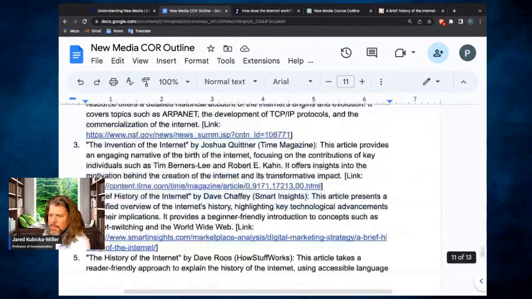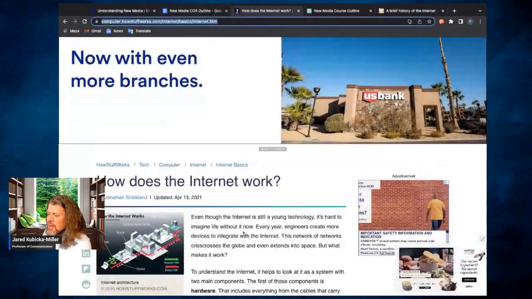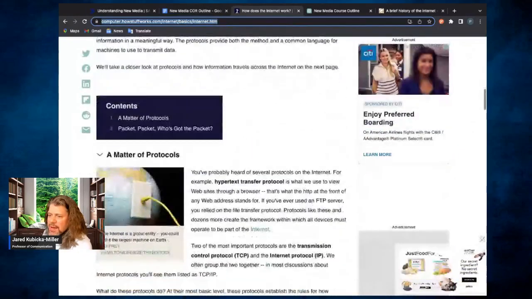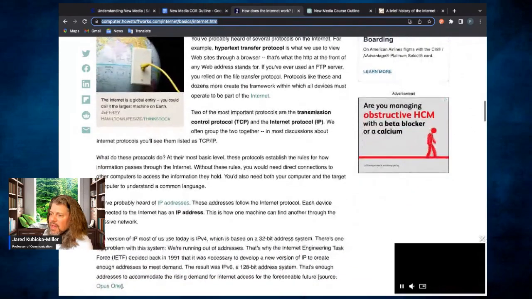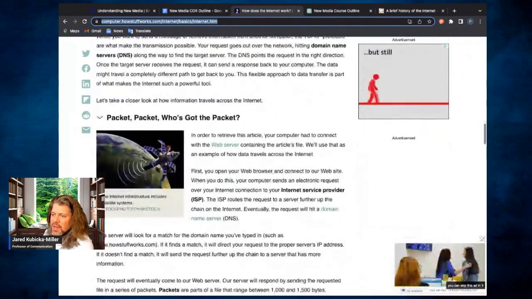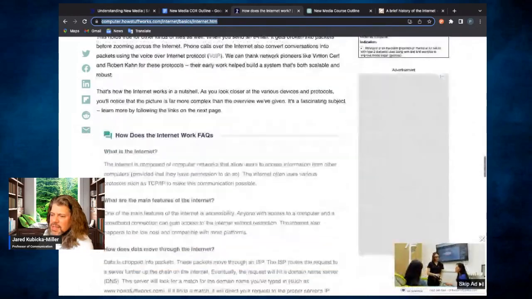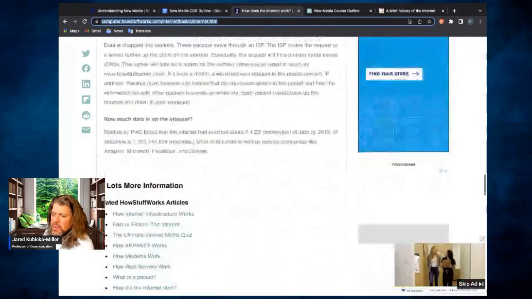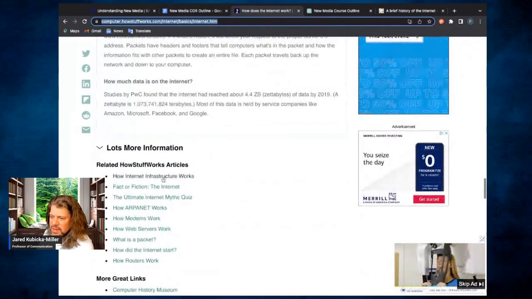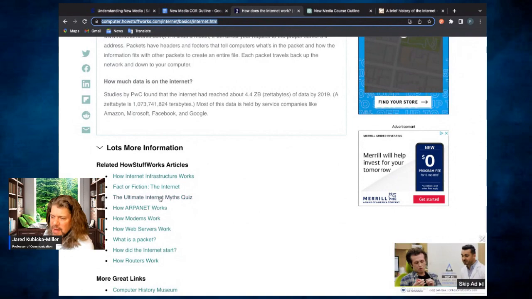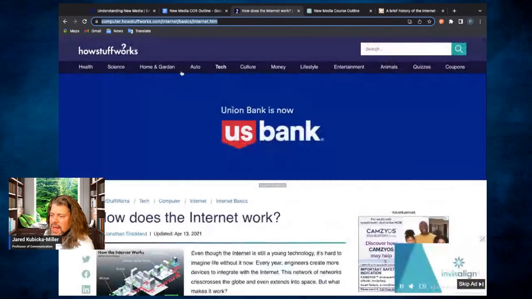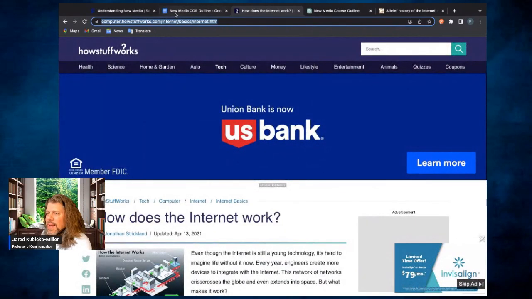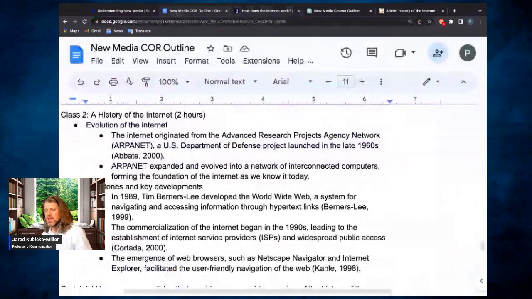I don't want to have really difficult reading assignments right off the bat, especially because of intimidation and things like that. The internet protocol, frequently asked questions. Okay, and if they want to read more, then it directs them to other stuff. All right, so I like that one. And I might just write a script and generate a video that way.